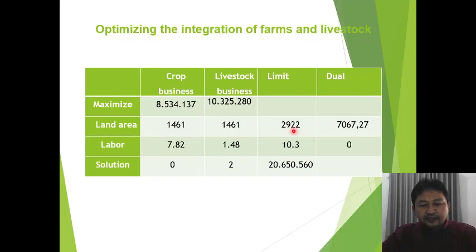For labor constraints, the average labor used for farming X1 is 7.82 people working days. And for livestock business, 1.48 people working days. Okay. With the limit of average labor used for farming and livestock being 10.3,